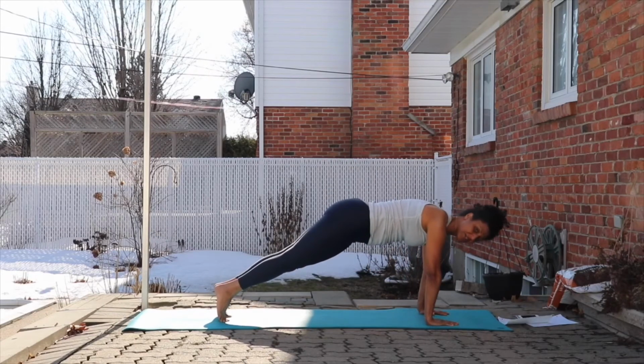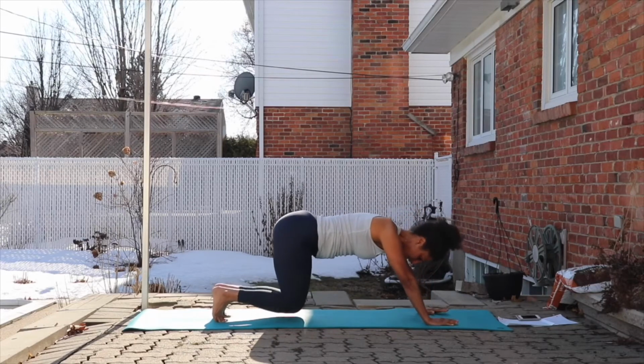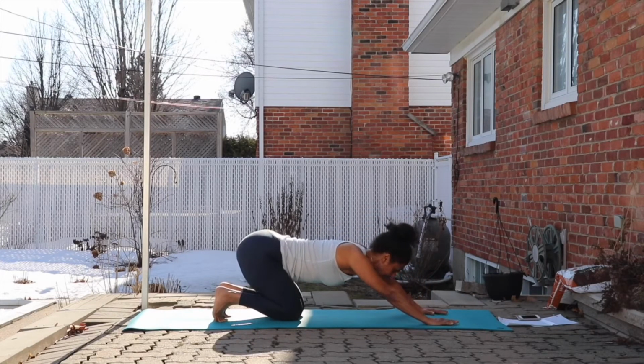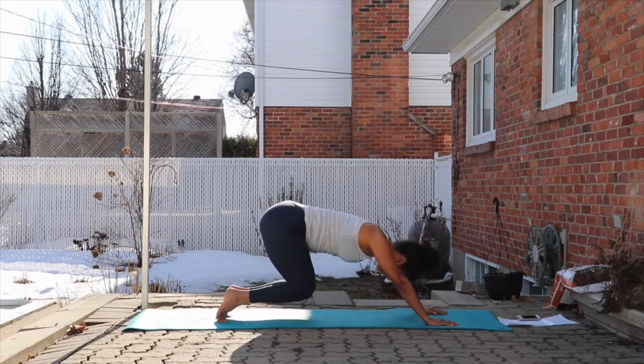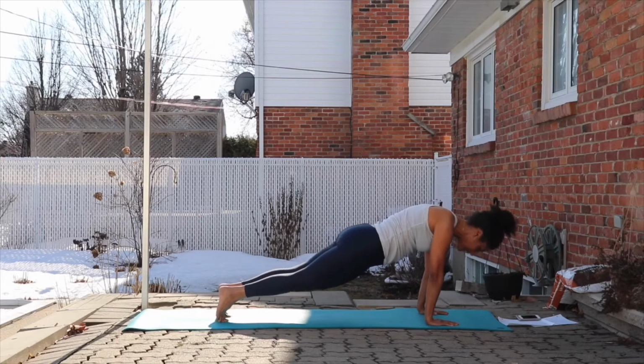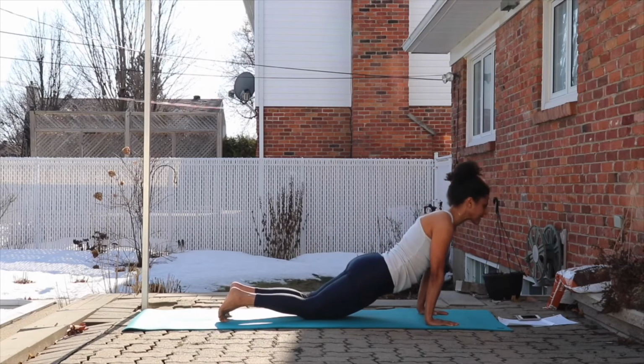Now we're going to add an undulation to this. So here you're welcome to put your knees down, lean back, look between your hands, and this time as you roll forward, scoop the knees up first, round the back, roll or wave through your spine, put the knees down, add an extension, inhale,